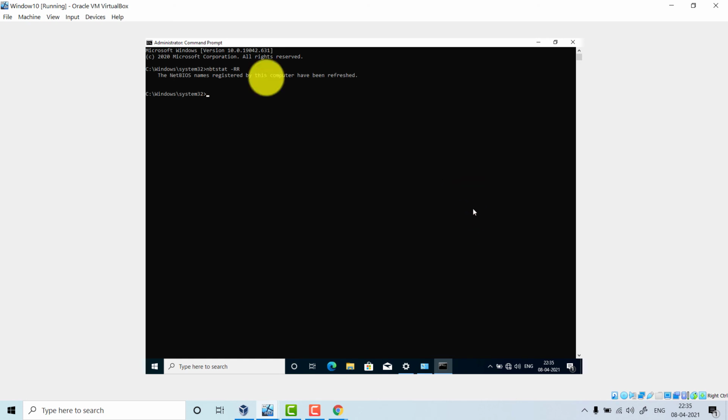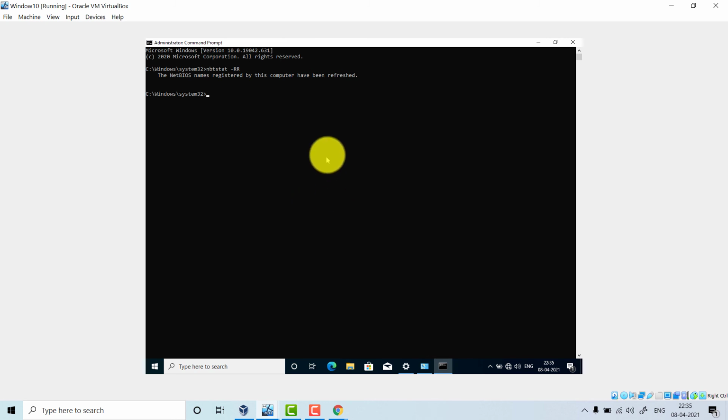Now, as you can see, we are not getting that error. That was because I had not started my command prompt in administrative mode. Some commands need administrative rights or privileges to run properly. NBTSTAT is one of them. You have to remember this.